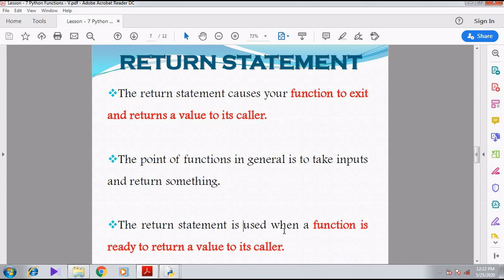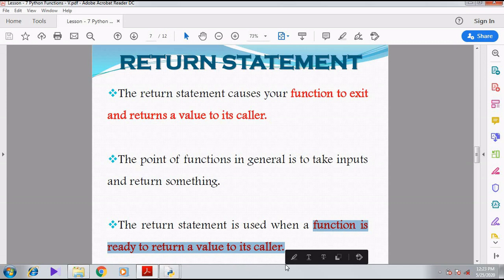The return statement is used when a function is ready to return a value to its caller. So we use the return statement when there is a need, when you want to pass the value to the calling function, to the caller. Otherwise there is no need to return a value to the caller. So it is not a compulsory one.